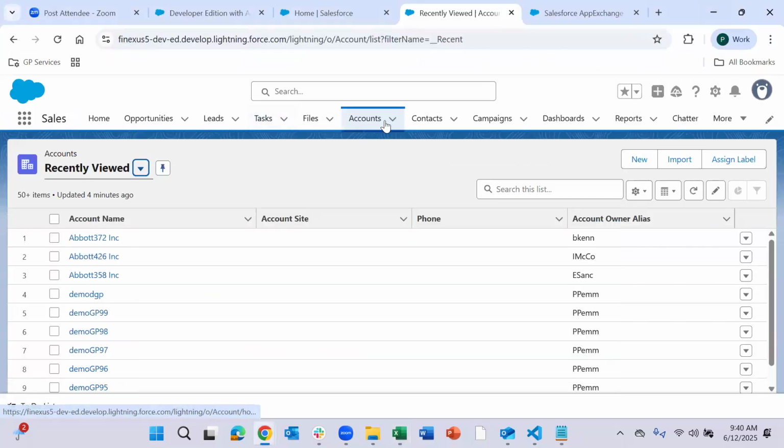Salesforce has an object, which has different fields, and it stores the individual row information as a record. You have a data table, which is nothing but the object. You have the rows, which are nothing but the fields. Sorry, you have the columns, which are nothing but the fields. And you have the rows of data, which are nothing but records.